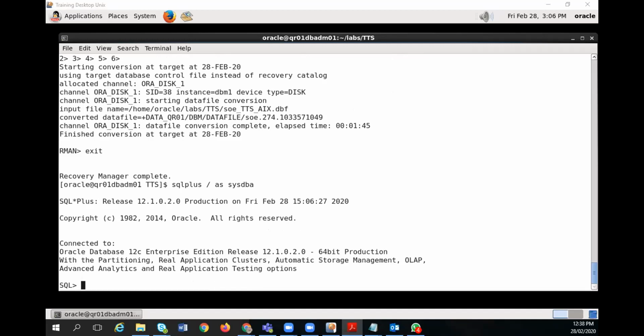So we log in, and as we are using the transportable tablespace, we have to create the user over there. So create user SOE and give your password, whatever you want. In my case, I always give the username and password the same. Not a good practice, but yes, with lots of training and lots of demos, it is difficult to remember the password, so I prefer to use the same password.